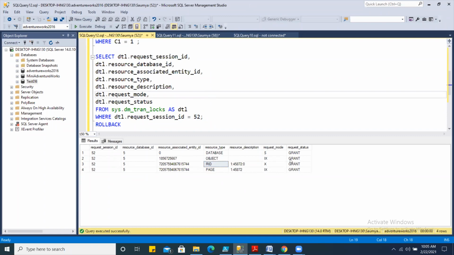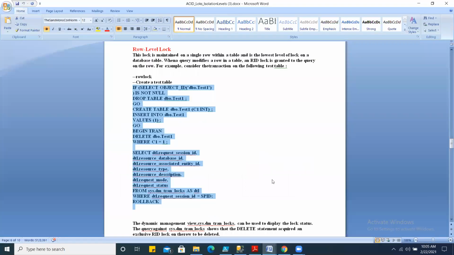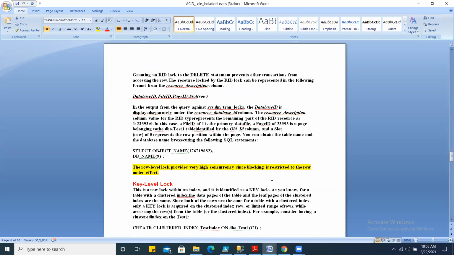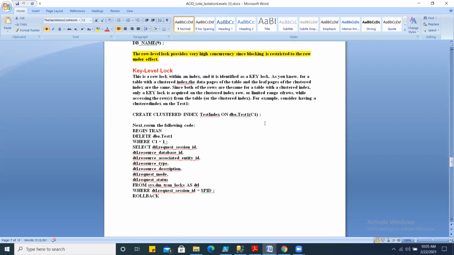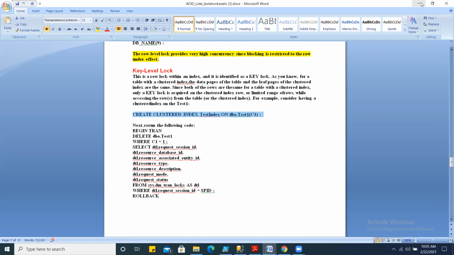No question. So let us now create a clustered index and a non-clustered index on this table, and then let us see how the RID lock is going to be converted into a key lock.